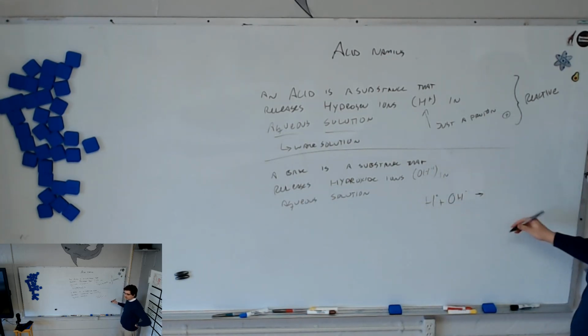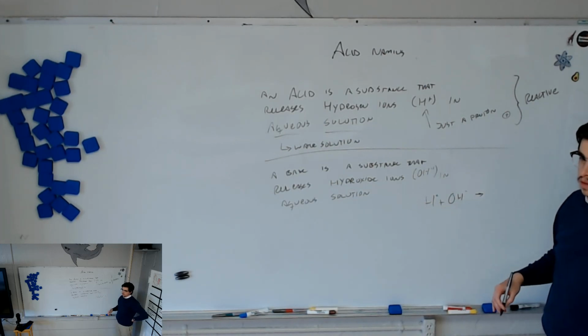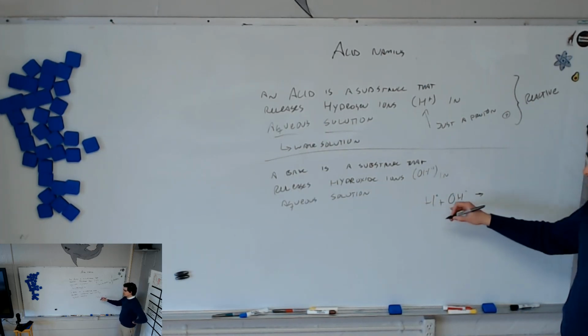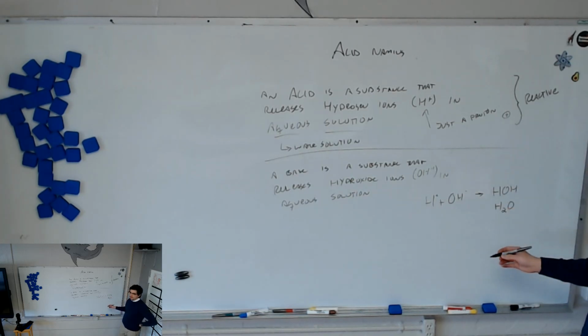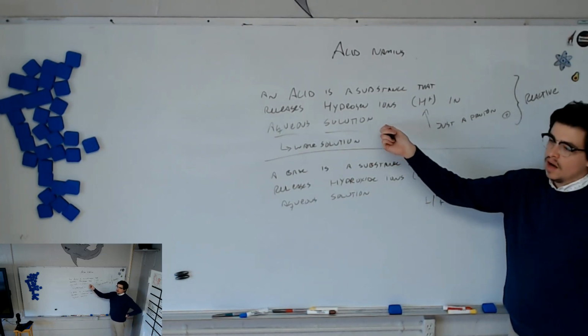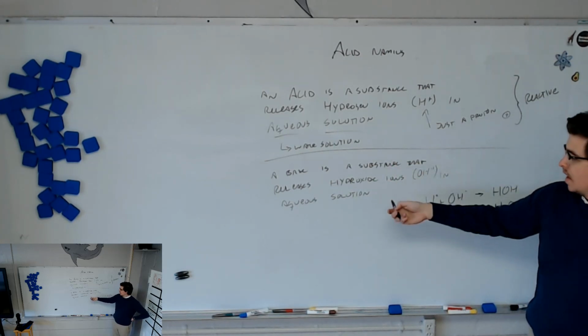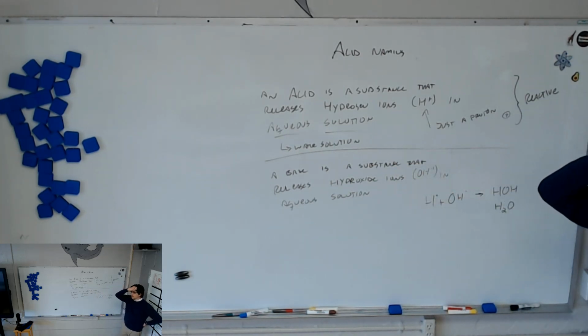Just write it out. What will the charges do? Cancel out, so we'll have no charge. What will the formula be? HOH. Write this in a different way. H squared. No, come on. H2O. What is it? Water. So if we have a Bronsted-Lowry definition of an acid and a Bronsted-Lowry definition of a base, when they combine,